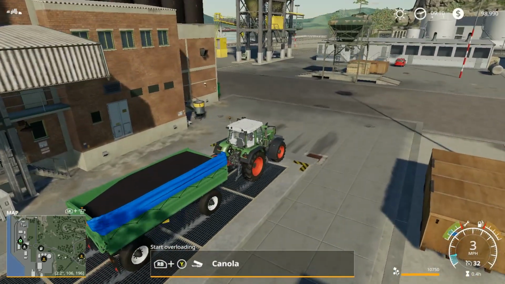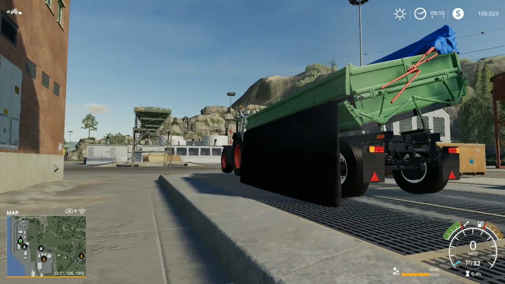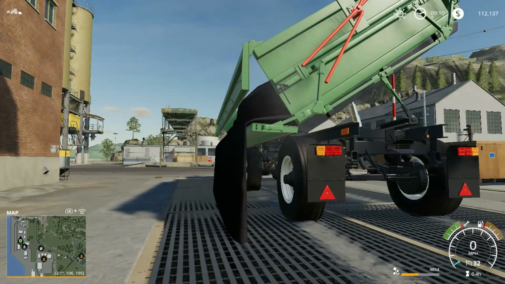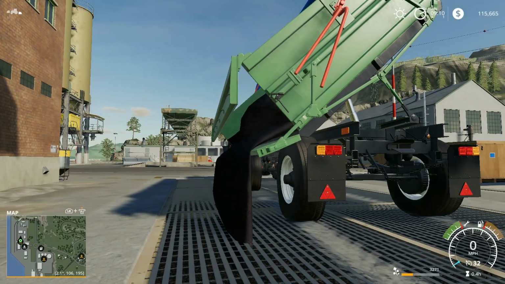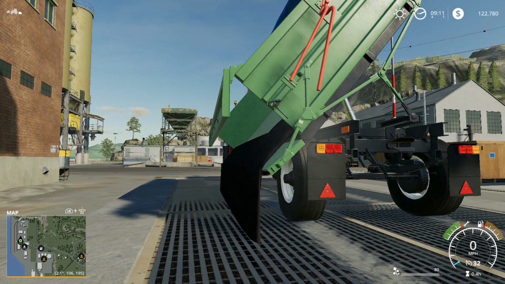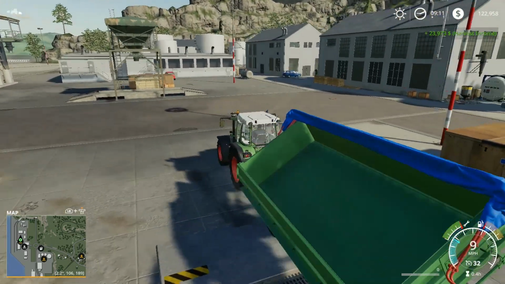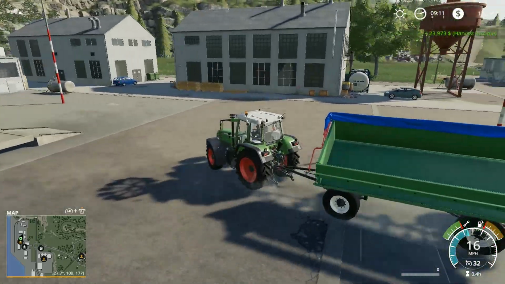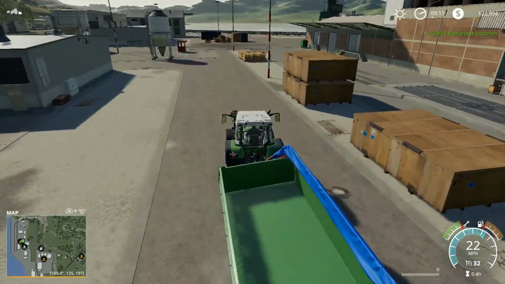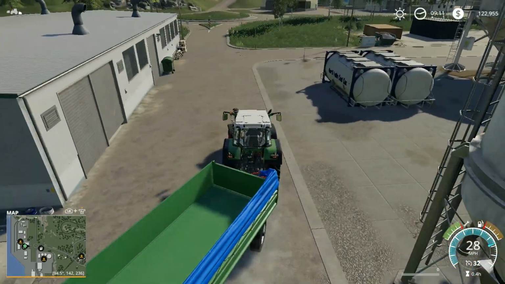Make our delivery. There we go. Animations are still really smooth, really nice. There we go. 23,973 bucks. Not bad at all. Still not enough to buy the John Deere that I want though, but don't worry. I have another save file